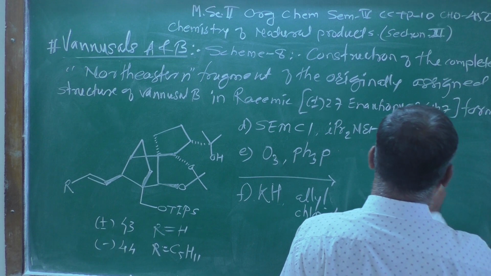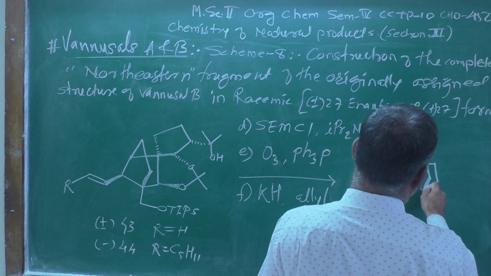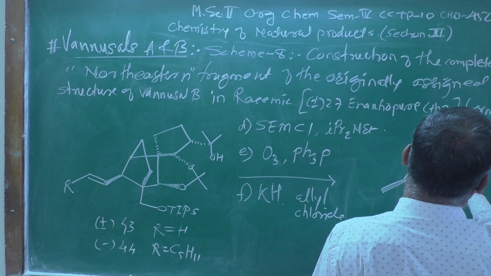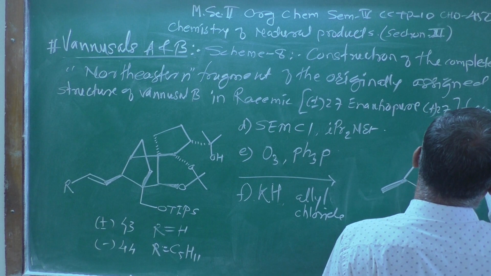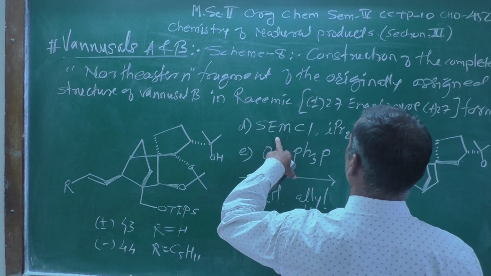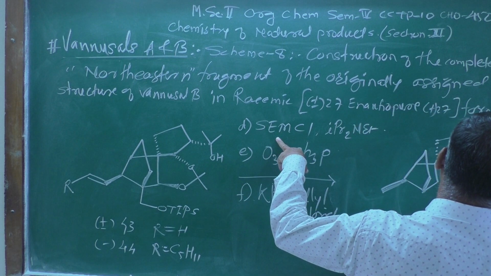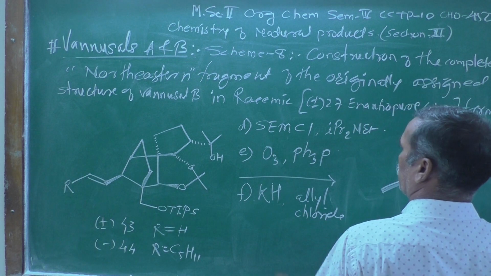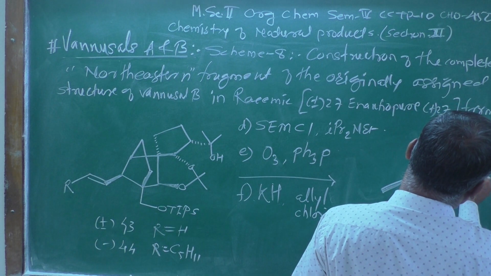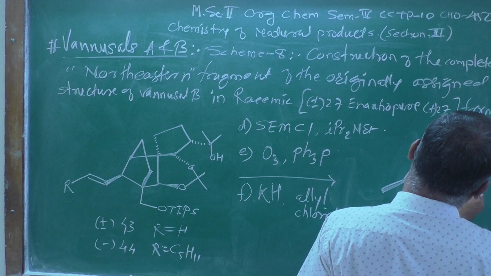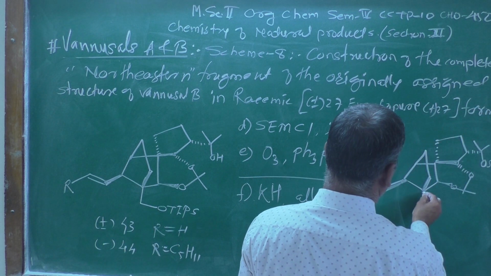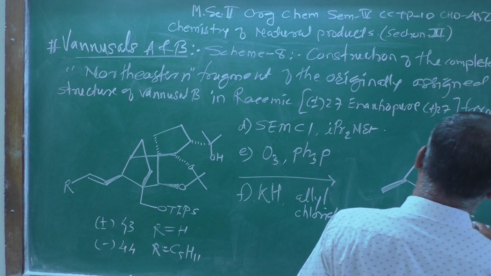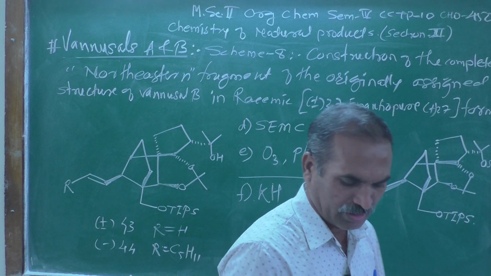This is a 5-membered ring, and there is an O which is a protecting group once again. This protection remains as it is, and this one also remains as it is, OTIPS, but here the carbon-carbon double bond